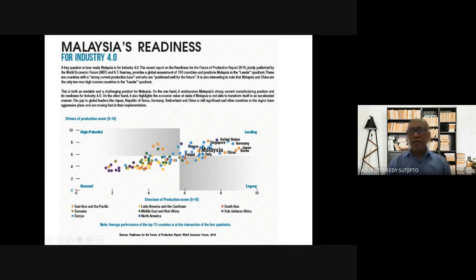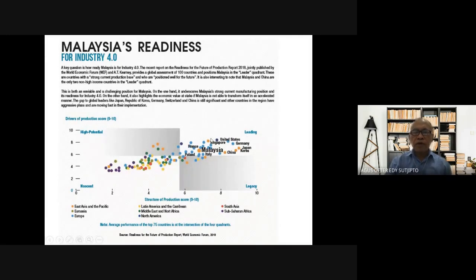In the leading sector, we have 4 quadrants: legacy, nascent, and high potential. So there are 4, and one is the leading.